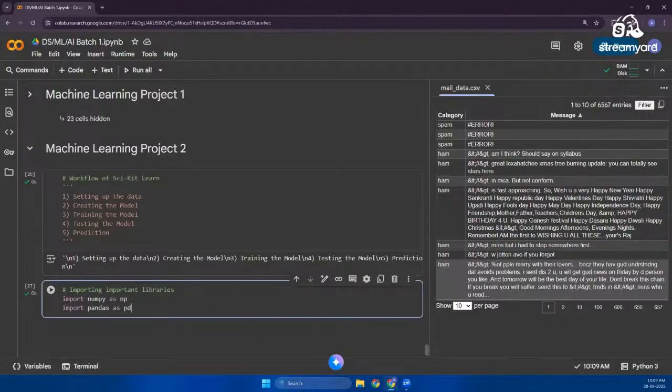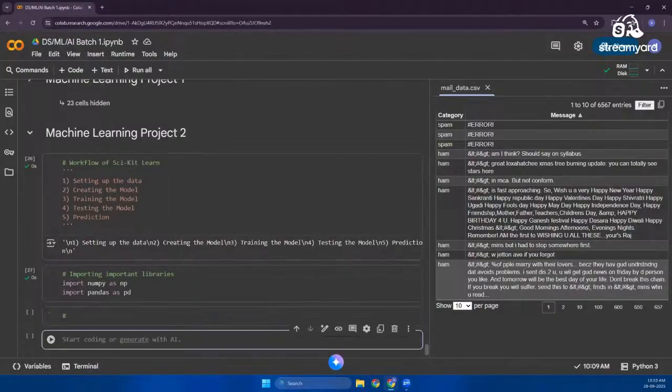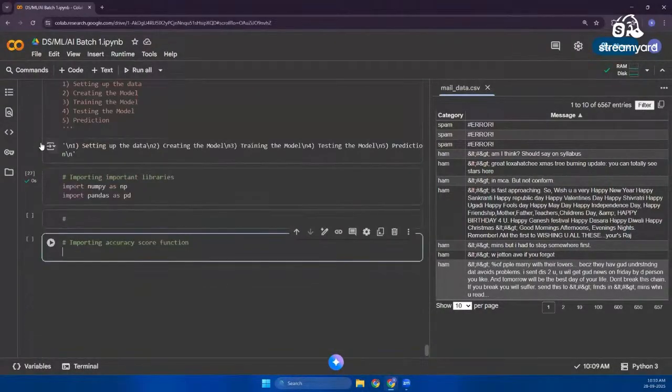After running this, we'll move on to the next one where we are importing the model. I'll tell you what type of model we are using, but before that, let us import other libraries, that is, importing the accuracy score function. So let us import from sklearn